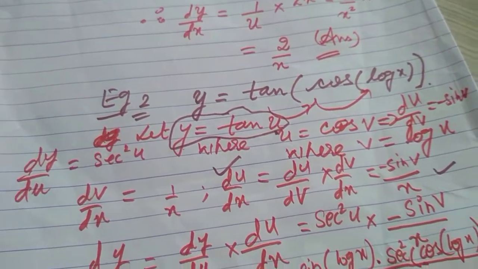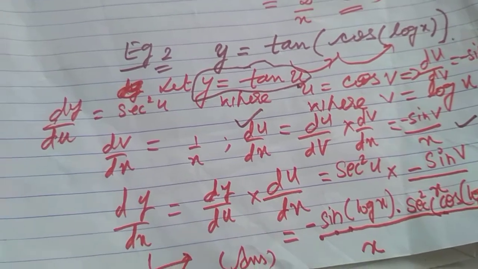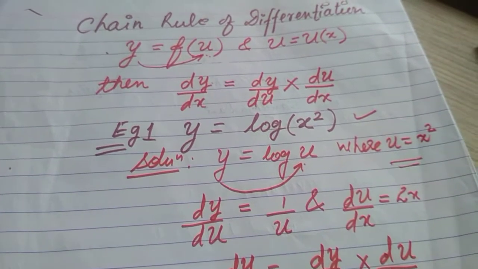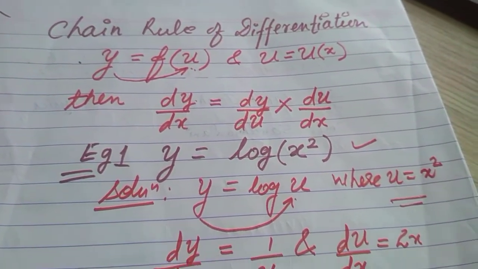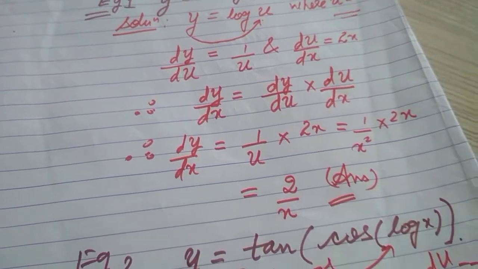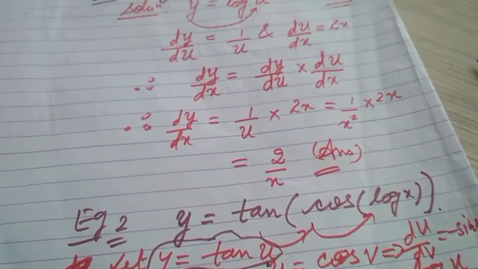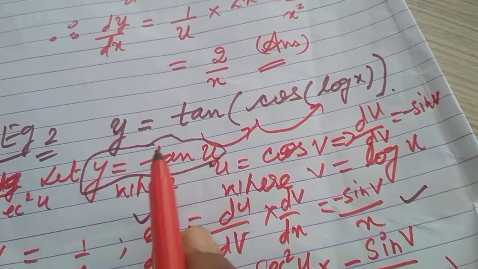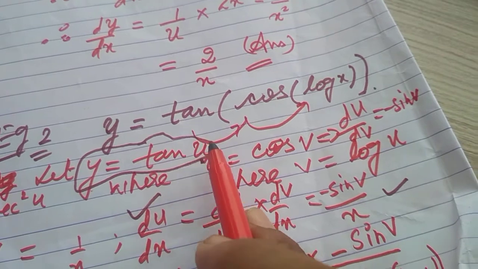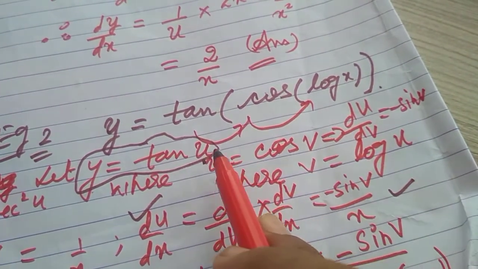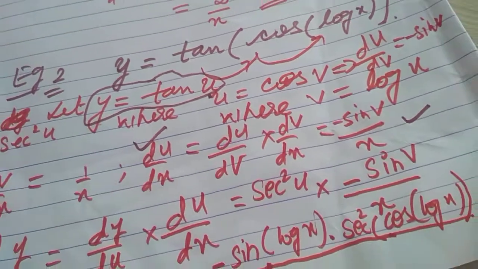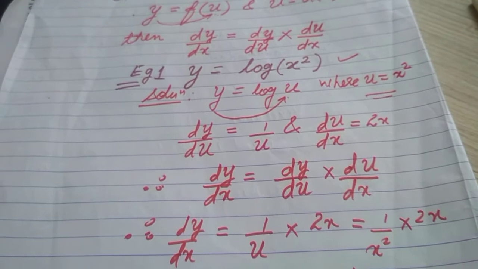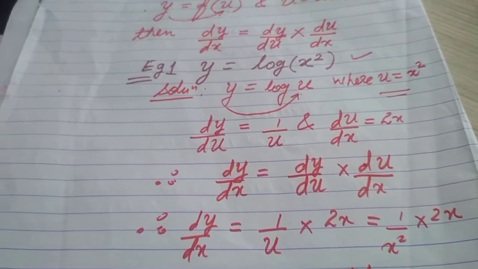I hope you understood. If you have any doubt, you can again comment. But the only thing is that you have to understand the basic chain rule of differentiation, how we are getting function inside function. So first you have to differentiate with respect to the variable of which y is a function, and then that variable with respect to another variable of which it is a function. We have to take care whether any function is left out.